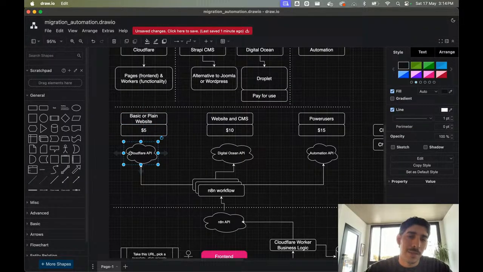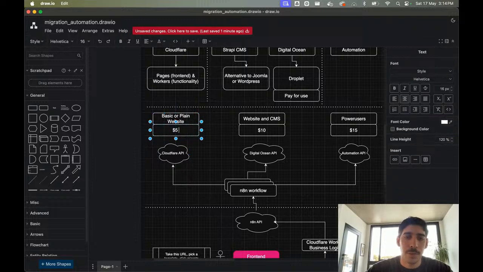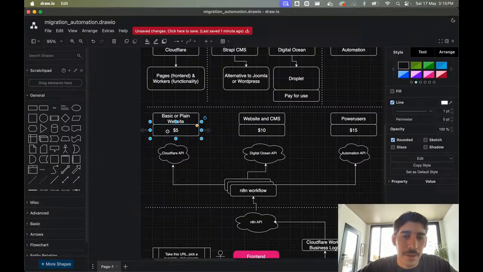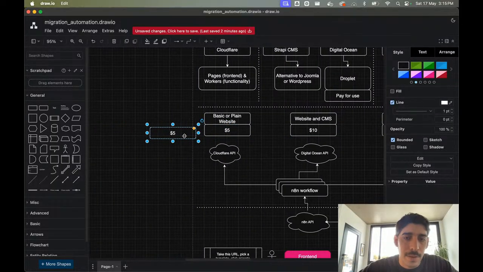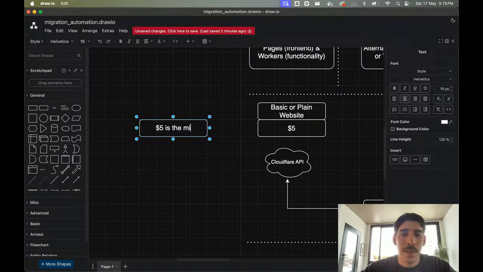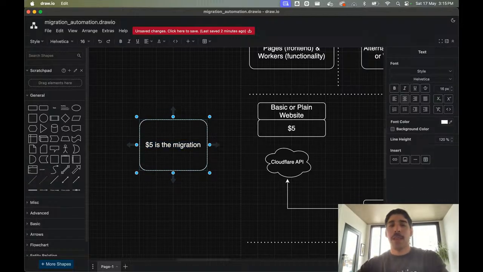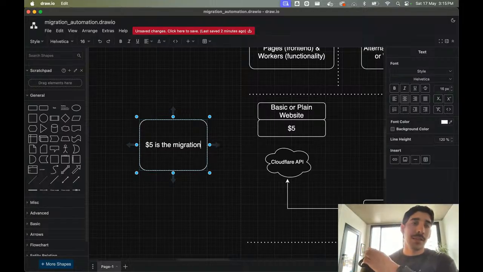That's it. This could have its own limitations in the price. Let's say 5 is the migration. That's interesting. Let's think about it. So in this tier, 5 is the migration process. This is what we are going to charge the user to migrate the site when the site is very basic and you don't want to have a CMS involved. I don't know what's the original state of your website. You could have a CMS.